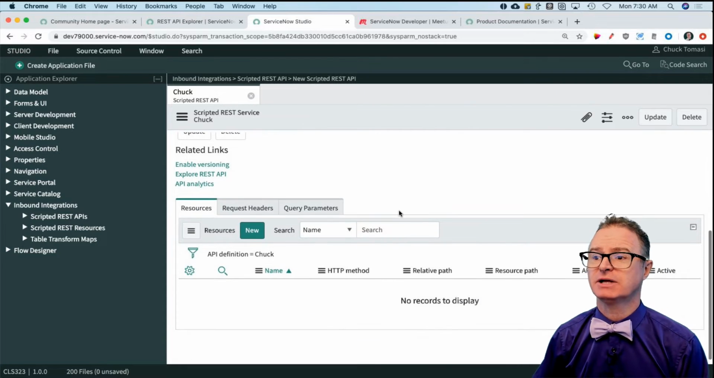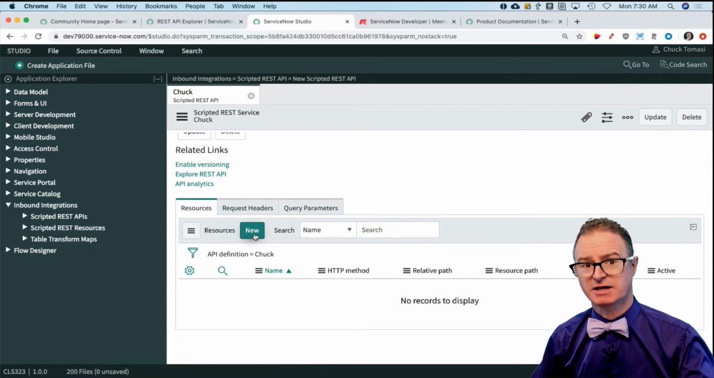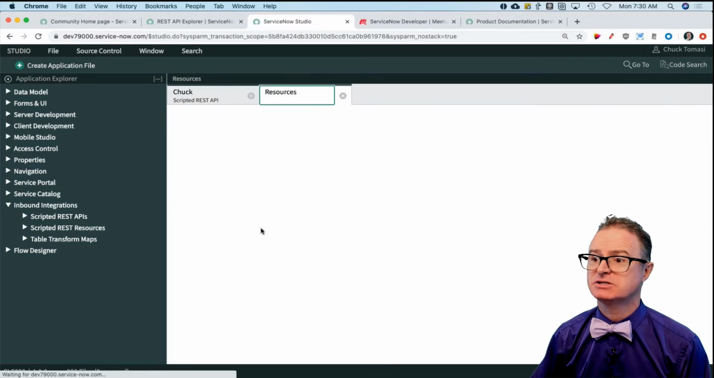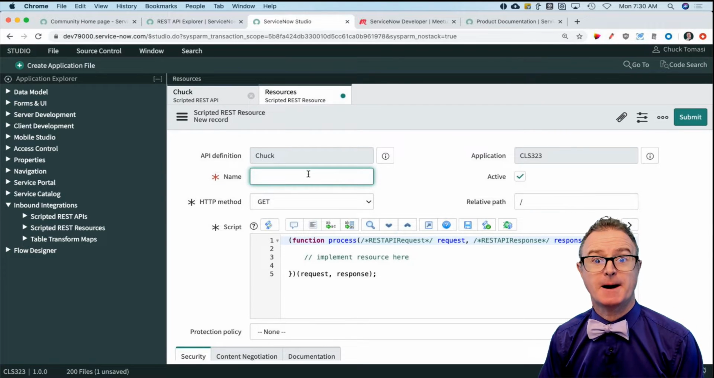Now, down here in the related list, I have resources. This is where I start to specify the gets and the puts and the posts and the patches. Let's create a new one. And I will call this